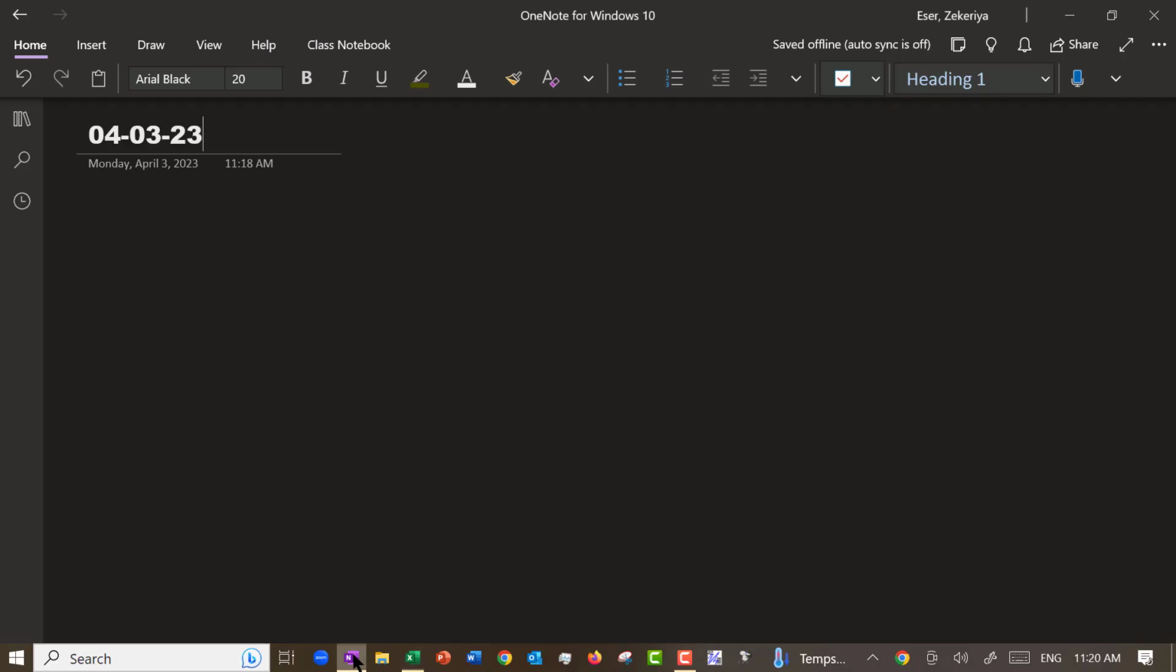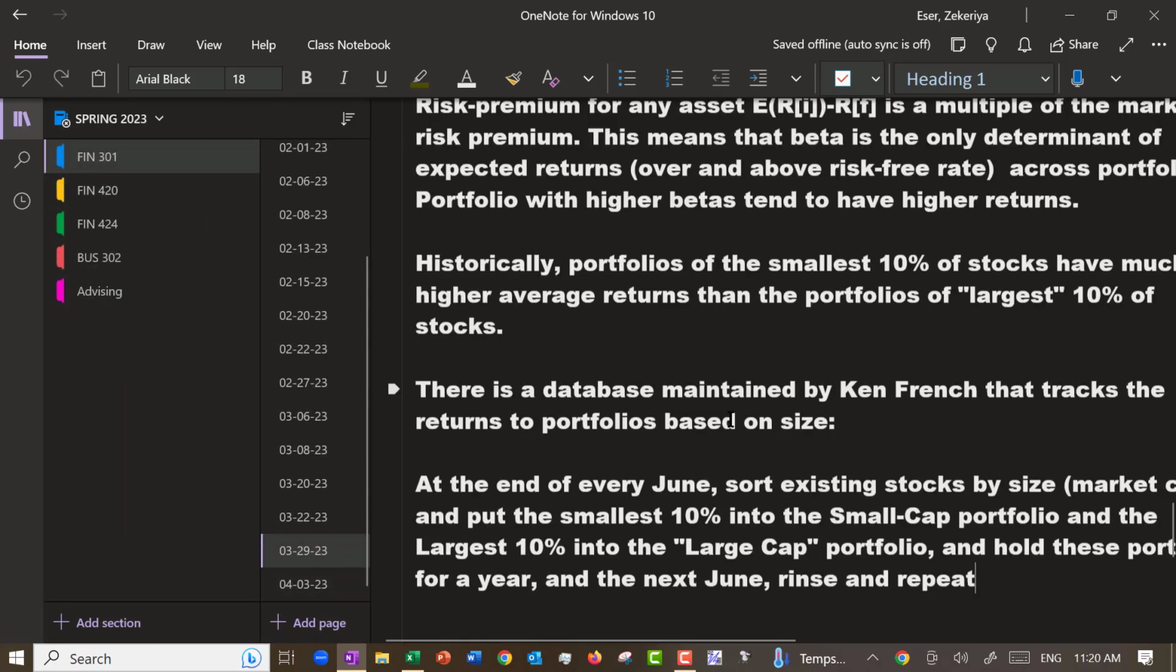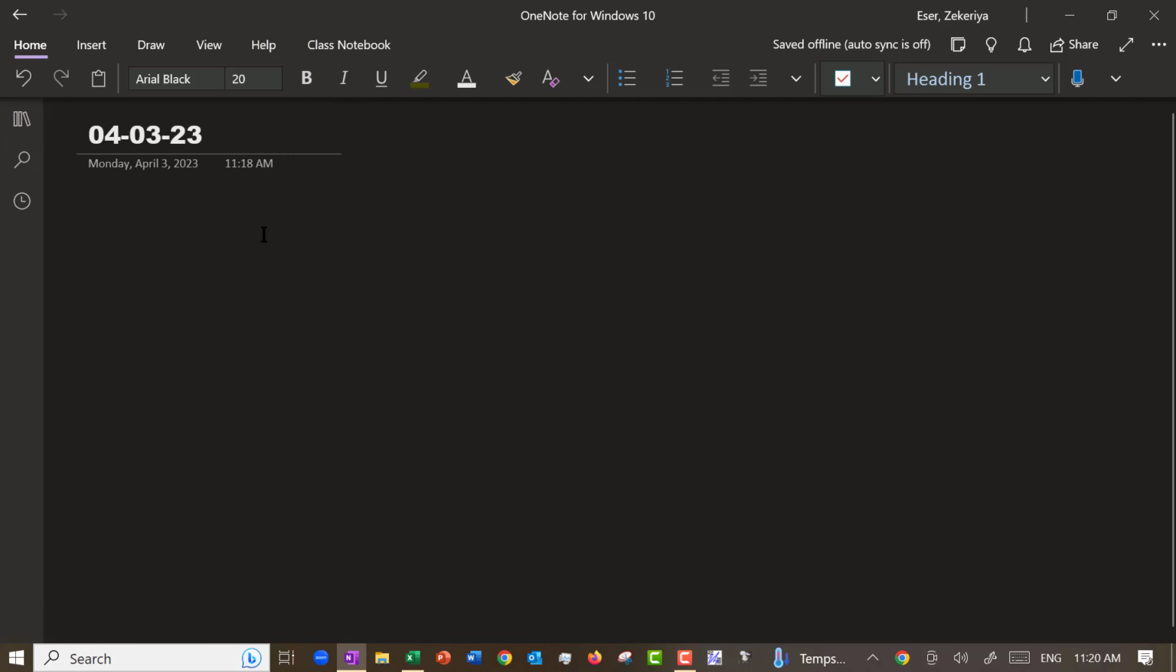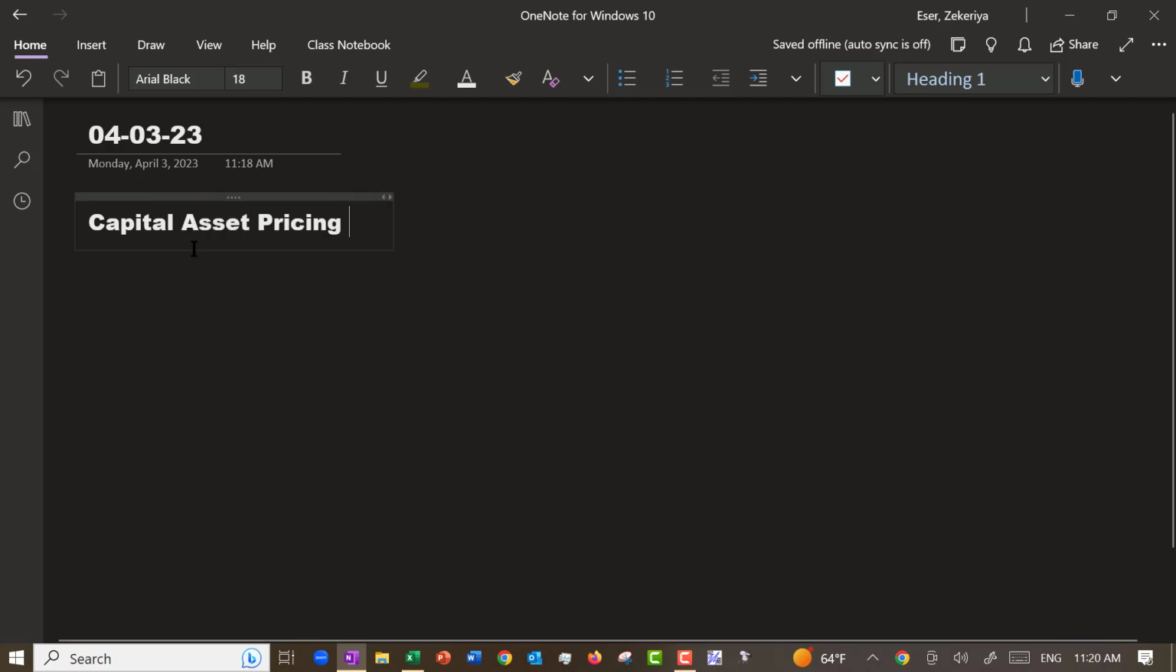All right, let's remember what we did last time. Okay. We developed the basics of the capital asset pricing model. Let's just remember what that says. Or CAPM. It basically says for any asset or any portfolio, obviously a single asset is also a trivial portfolio,